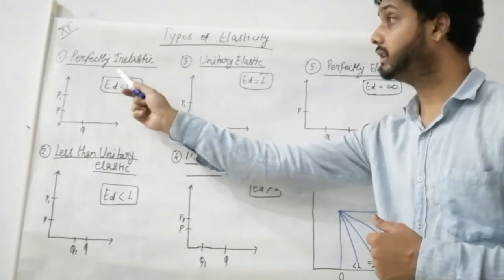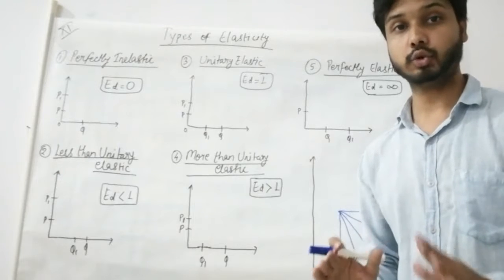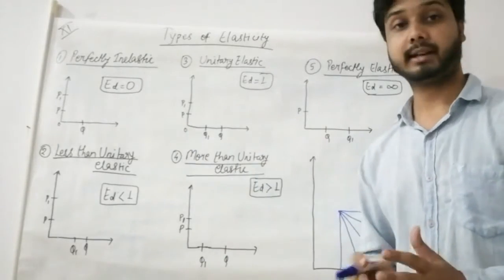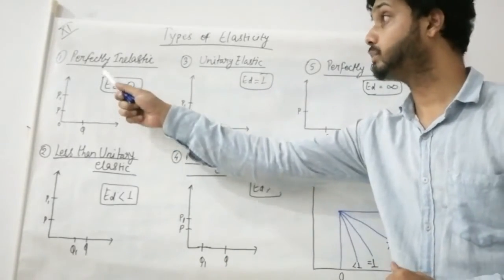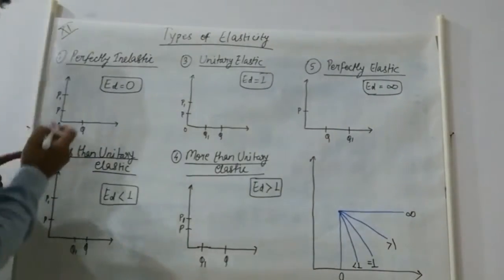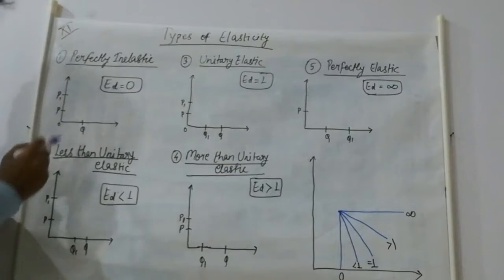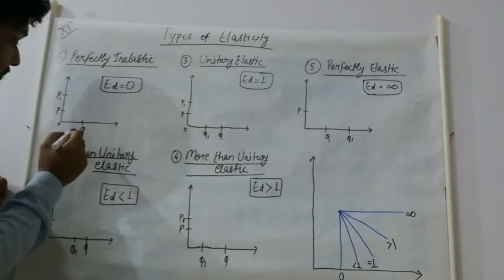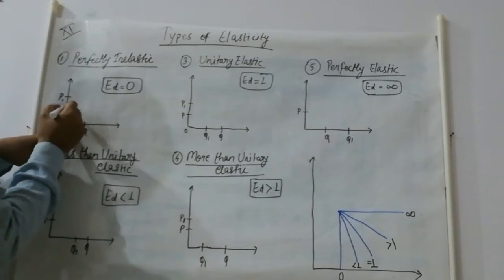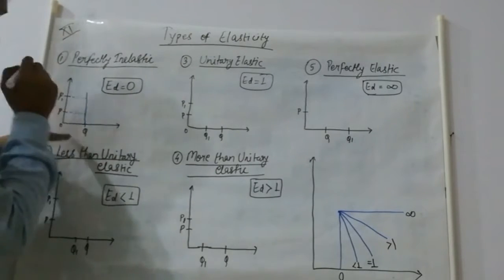That is the first condition, where we have perfectly inelastic demand. Inelastic means that there will be no change in demand. Elasticity will mean that there is change, but inelastic means there is no change in the demand. So this condition is perfectly inelastic. The diagram will be somewhat like this: we will see that the price is changing from P to P1, but the quantity is the same here, that is Q only. So even though the price is changing from P to P1, the quantity is still the same.